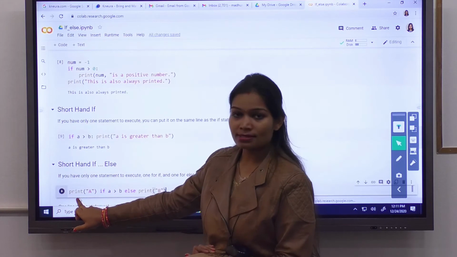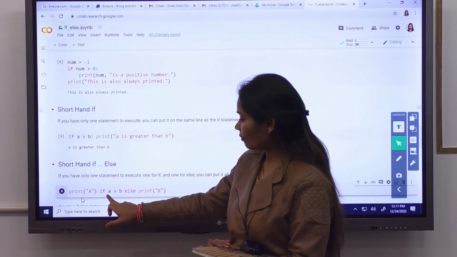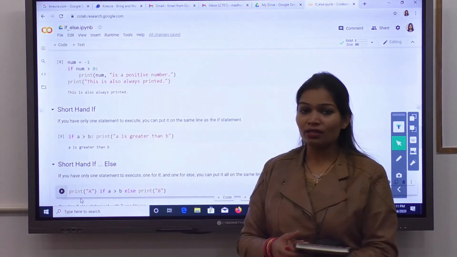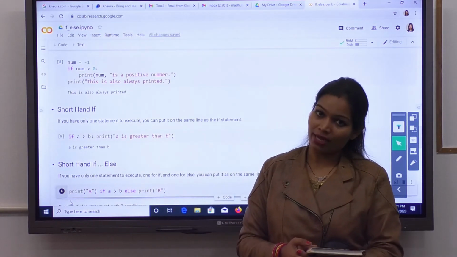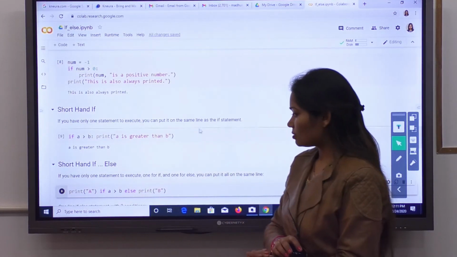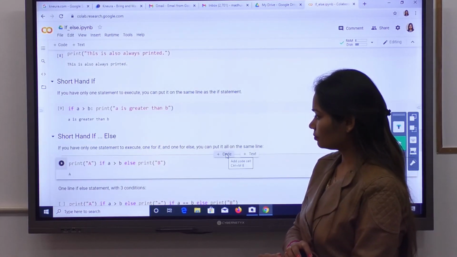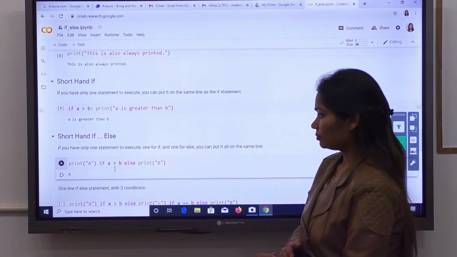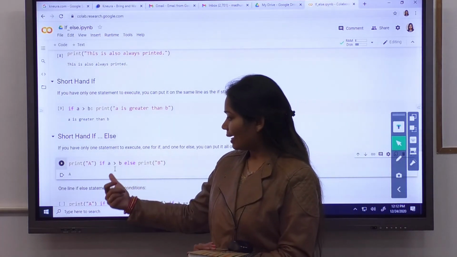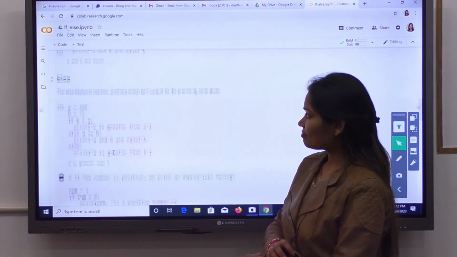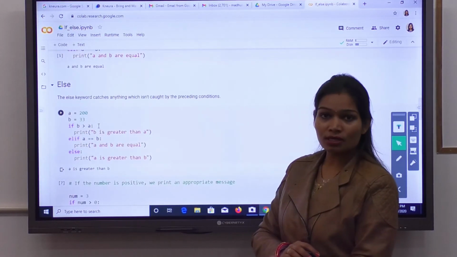You write a statement first, then the if condition, then else, and directly after it the default statement you want to run with the else keyword. Okay, let's run this code. A. Okay, because a is greater than b, let's recall again: a's value is 200 and b's value is 33.